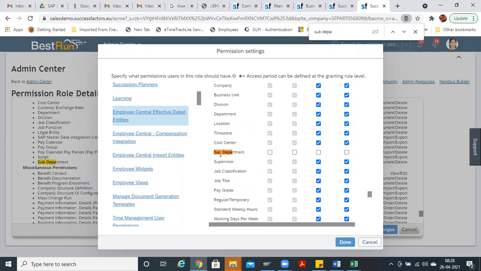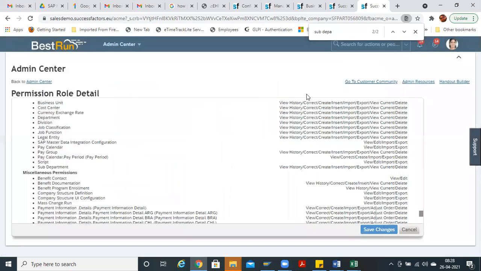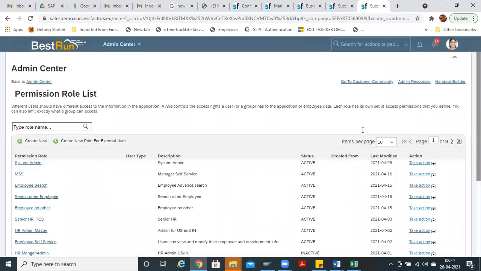Got it? Yes. Give these rights. These are very important, otherwise you will not be able to see it and you will be confused. So whenever you are configuring anything, check the permissions first. If you can't see any field which you have configured, though the configuration is okay, you have to check the permissions first. It will be a mistake in the permissions only. Okay.